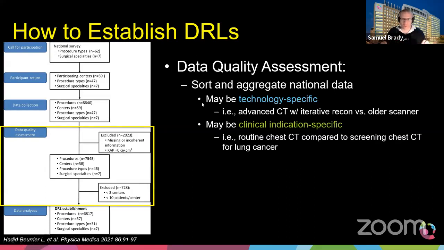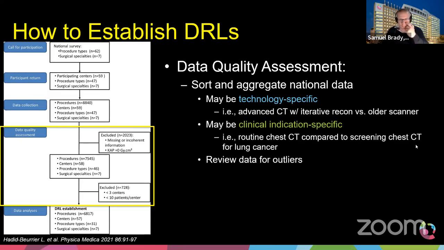All right, so we've collected the data. Now we need to do quality assessment. So we have collected the data, we've categorized it, and we've set it up, grouped it by technology. We've grouped it by clinical indications, so a head versus a body, obviously two different doses. And then also screening CTs for lung cancer versus routine high resolution or inspiration expiration type imaging, all different doses. So we have to set up the different clinical indications along with the different types of scanners.